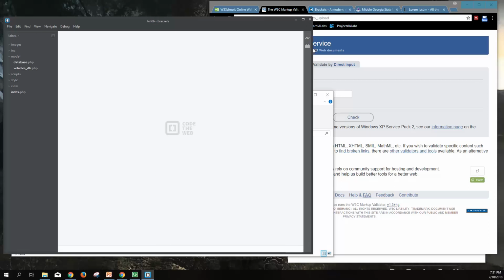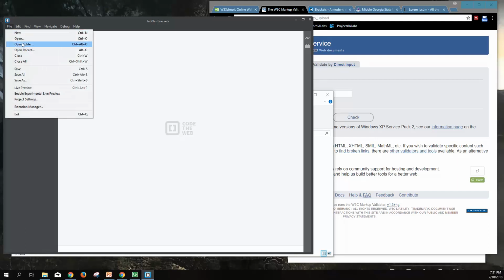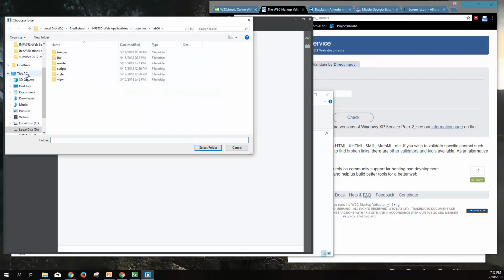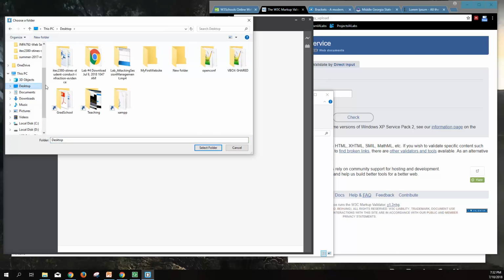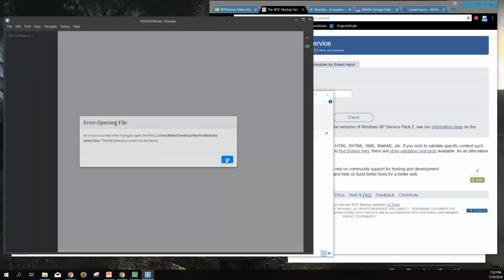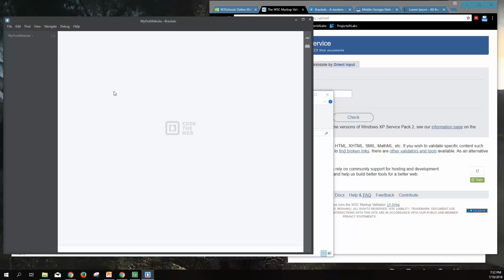Again, I suggested that we use Brackets, which is what I have here. You can just go to File and Open Folder and find that folder. I created it on my desktop, so it's here, my first website. It gave me an error, but it looks like we're set up and good to go. Once we have the folder created and the workspace open, we can right click over here on the left and create a new file. Let's call it